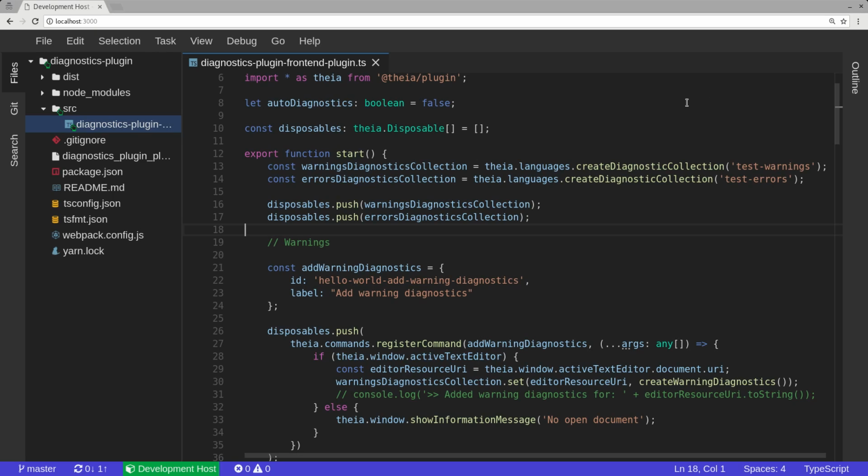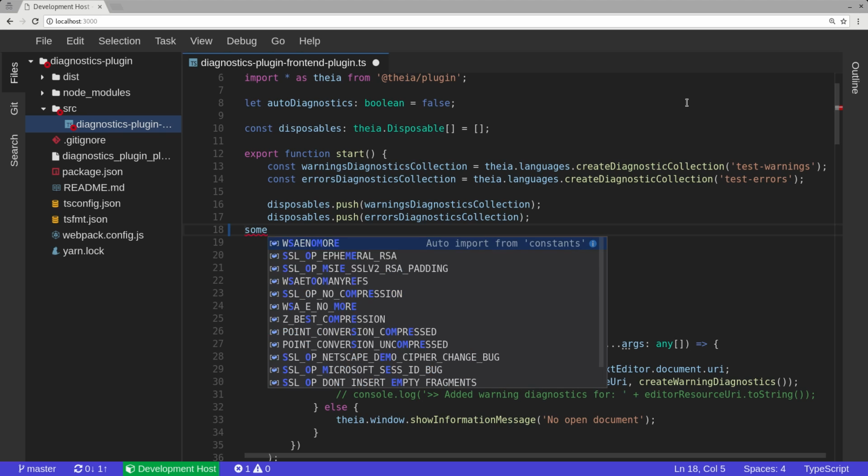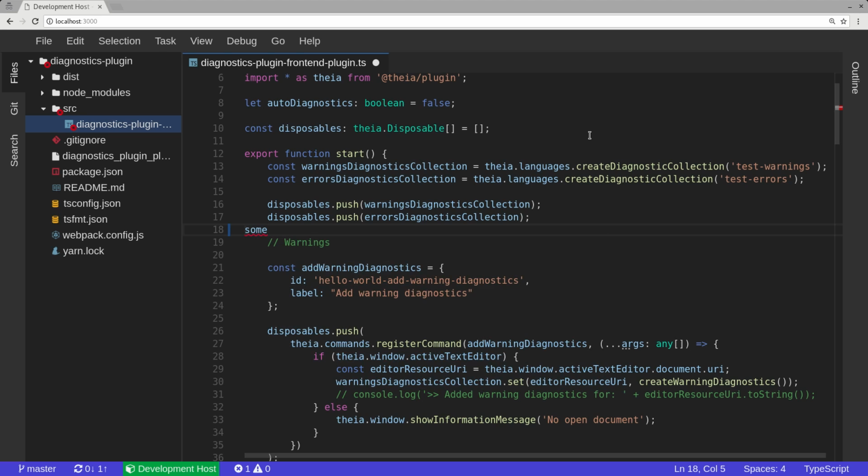Hello, in this video I am going to demonstrate Theia plugin API for diagnostics. Diagnostics are part of languages in API, and that's like hints from IDE editor. Let me demonstrate actually. When a user types something in the editor,